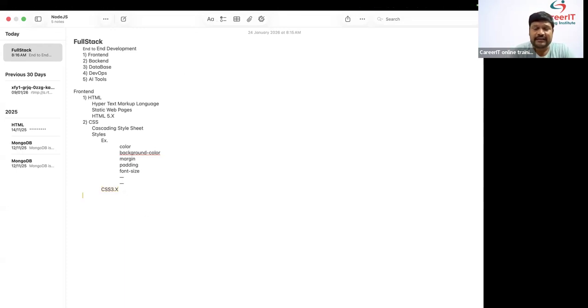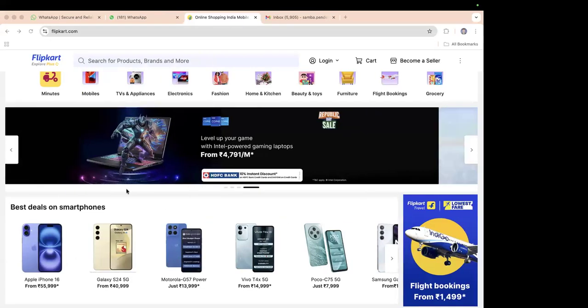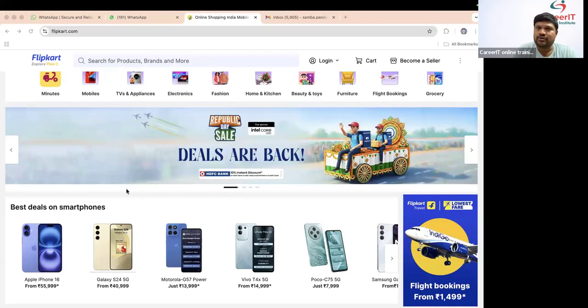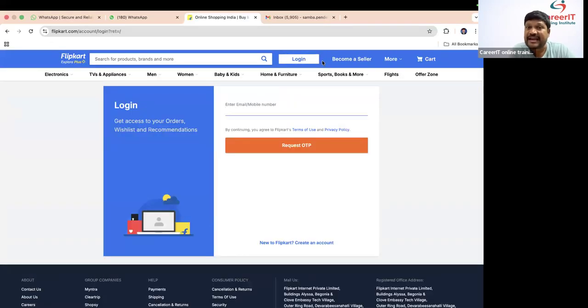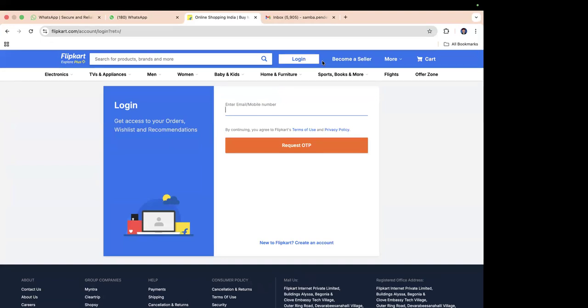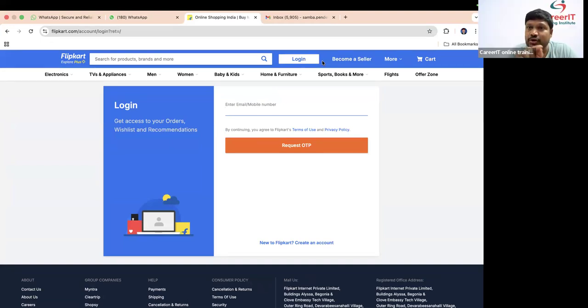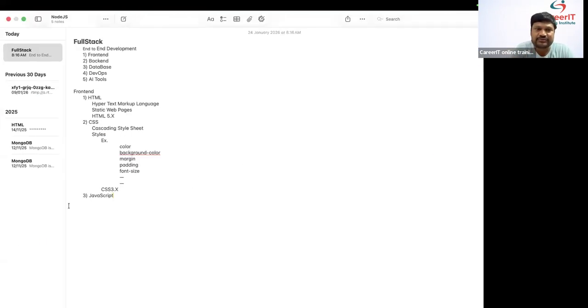After completing CSS, immediately I will discuss JavaScript with you. Uma, what is the third topic? JavaScript. So, why JavaScript? Whenever we click the login button, some action is performed, or not? Yes. This is called a dynamic web page. To implement these kinds of dynamic web pages, we will use JavaScript. Got the clarity now?